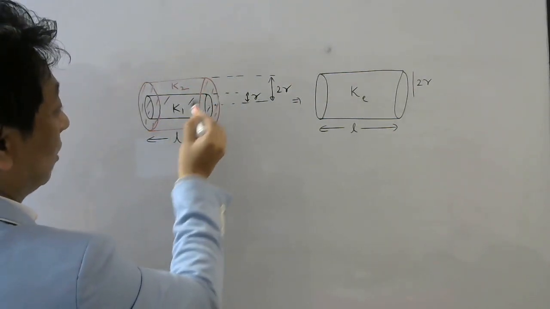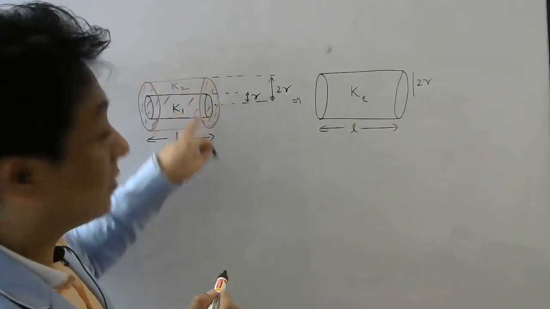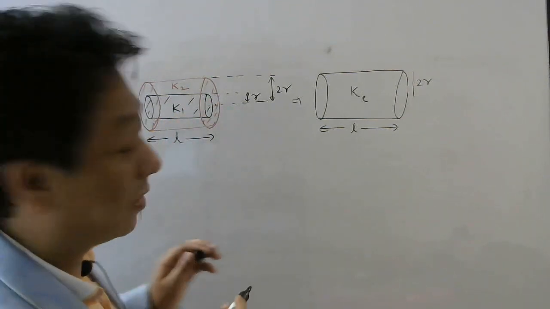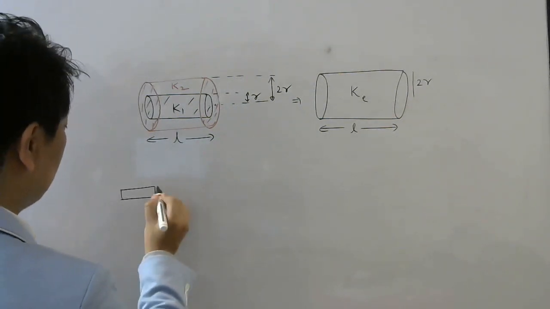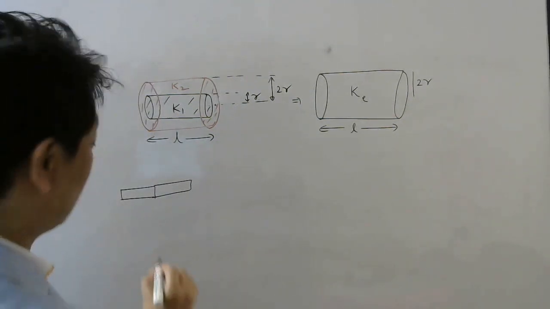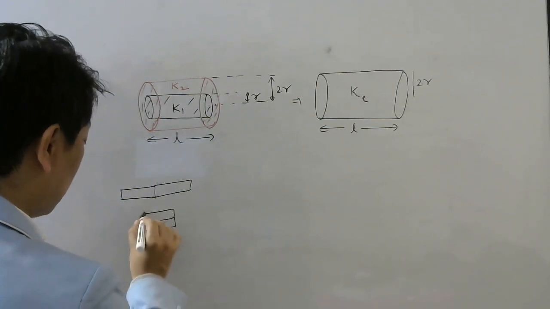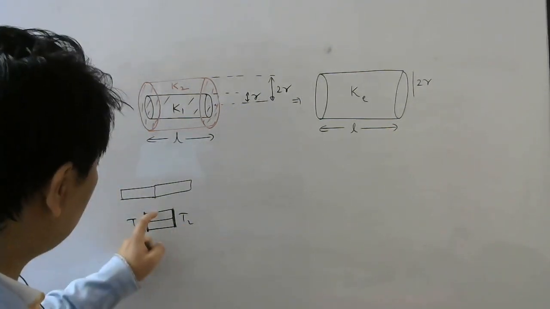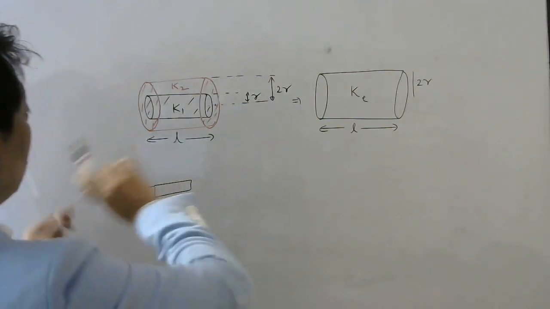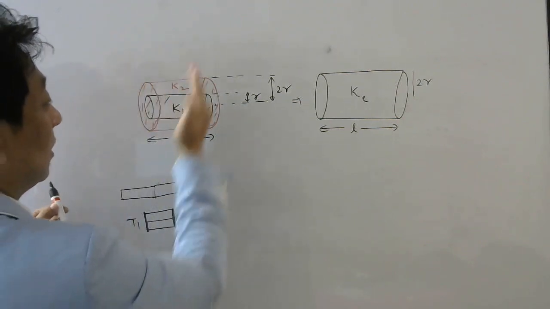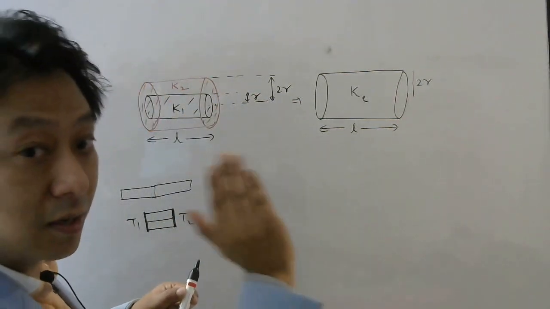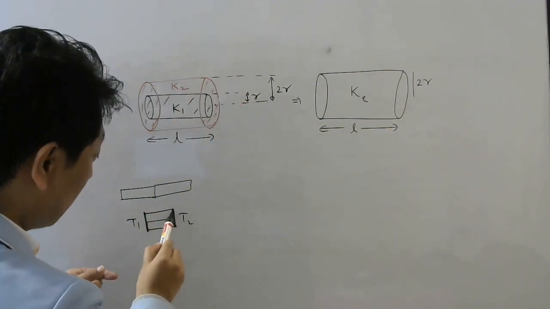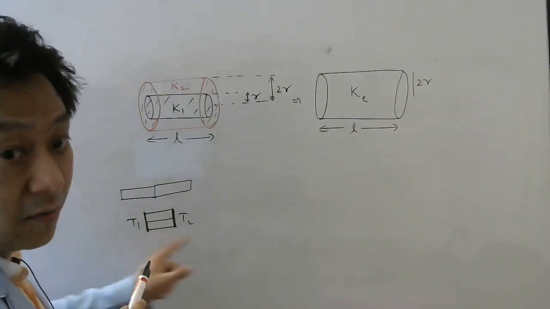Now what do you think? These two rods, this rod and this shell, this cylinder and this outer cylinder, are they in parallel or series? Obviously they are in parallel, right? Parallel means what I told. If you have two rods like this, then it is series. But if you have two rods like this, so that this side has common temperature, this side has common temperature, then we say these two rods are in parallel. So here also they told this side has common temperature and this side is having some other temperature, but it is common for both of them. Okay, so if two rods have same temperature like this and like this here, then we say parallel.